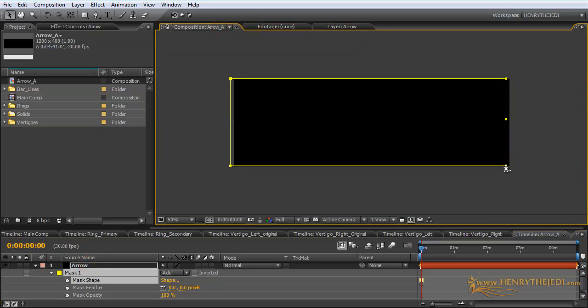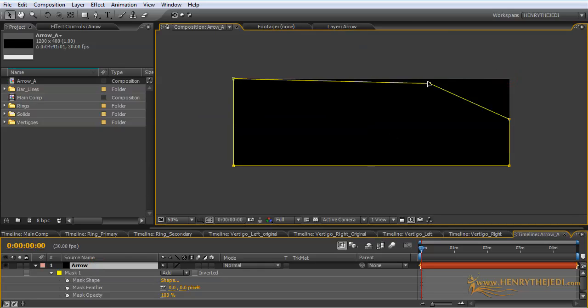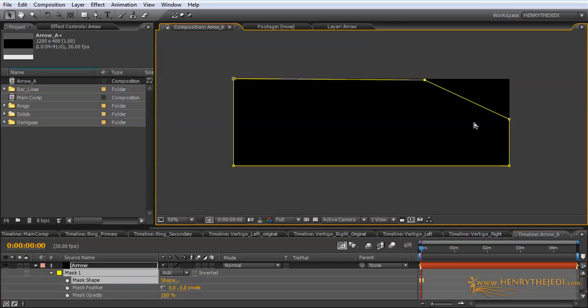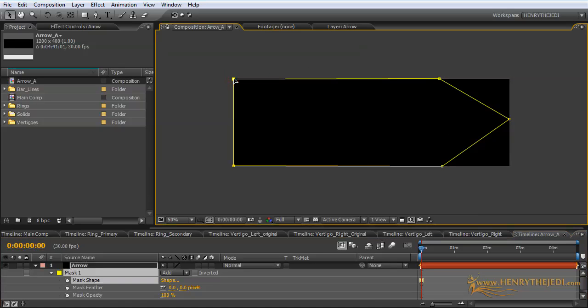Because the thing is, we need to manipulate the mask's points. Yeah, so click on the layer and then come to the mask points there. Yeah, and of course begin to drag them backwards, the same as those over there, of course. Okay, yeah, and of course move them so that they look more or less like an arrow. Okay, great. And then of course they need to be given some depth, but first